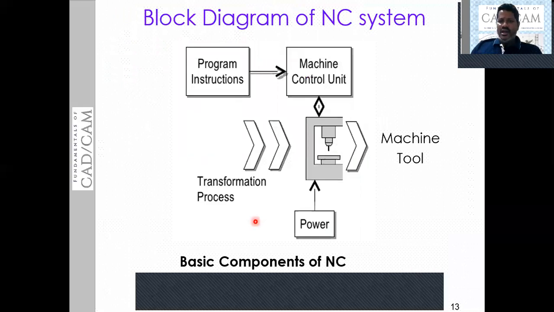Now let us see the block diagram of a numerical control system. These are the basic components of an NC machine. Basically, you have a program of instructions, meaning NC code, numerical control code. By using alphanumericals and symbols, we will instruct the control unit. That means a program is written. So that program of